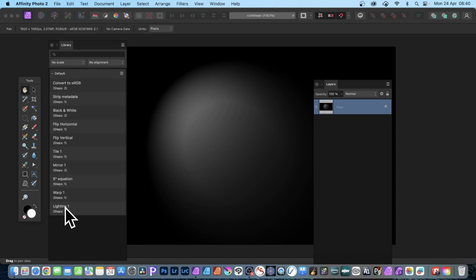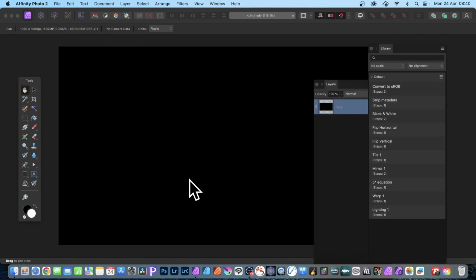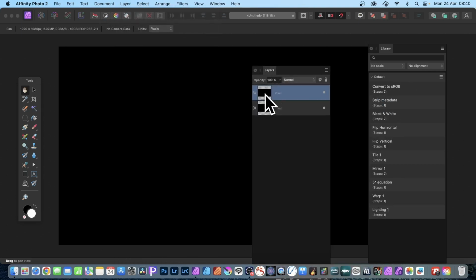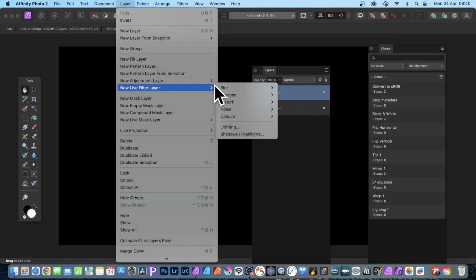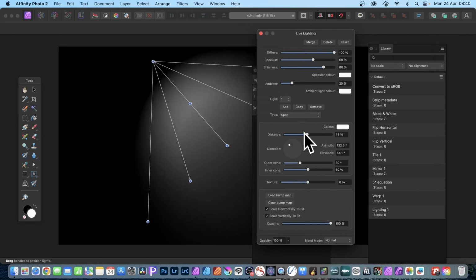Now there's another option, which I personally prefer if you're using, obviously, the same document. What you can do, again, layer and duplicate. I've got two layers, make sure I've got two layers, and I'm just going to apply a lighting effect to this. But instead of using the filter effect, what you can do, you can go to layer, and new live filter layer, and you can go down there and you'll see lighting. So as soon as you select that, click there, and again, always a struggle just to get exactly the setting that I want. Let's just change that, change the distance. It's sort of, again, similar to the one before. So you've got that,